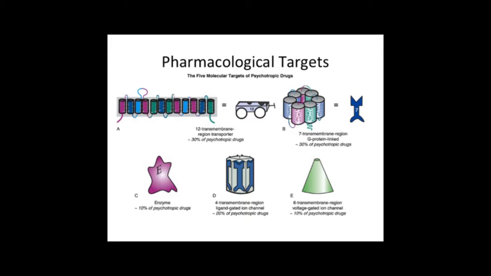Some of these targets you may not have heard of, but if you look at most psychiatric drugs, they fundamentally act on these 5 molecular targets. As you do this course, you'll understand more about them, but just to give you a brief glimpse of where exactly these drugs are going to act. Some of them act on what we call transporters. They act on proteins called receptors. Some act on enzymes, some act on channels which are driven by voltage differences across cell membranes. Now each one of them has advantages and disadvantages. So we would go through them.